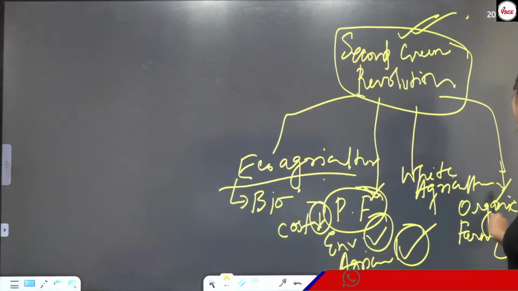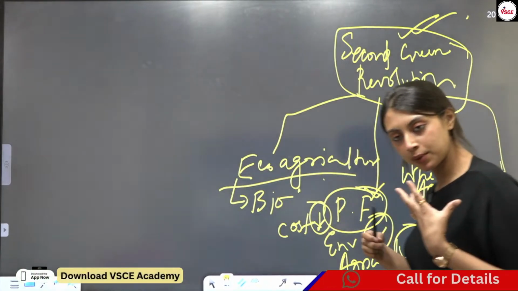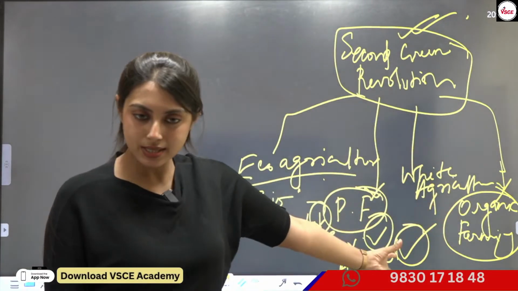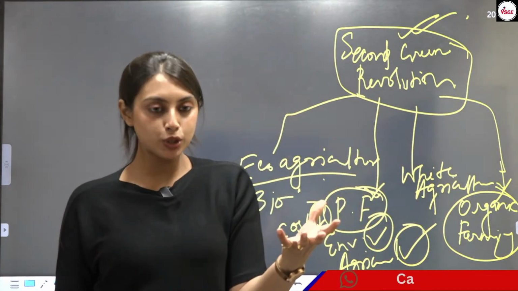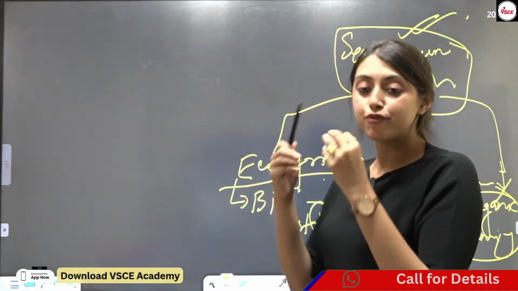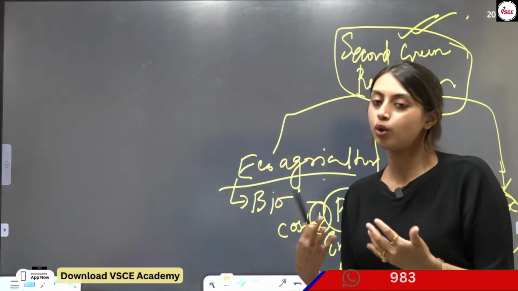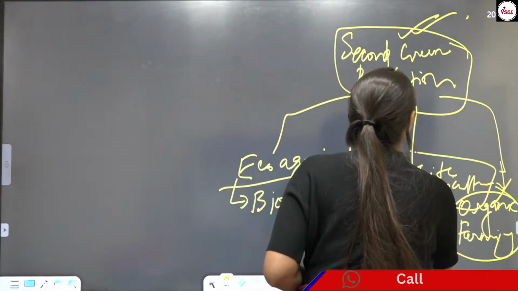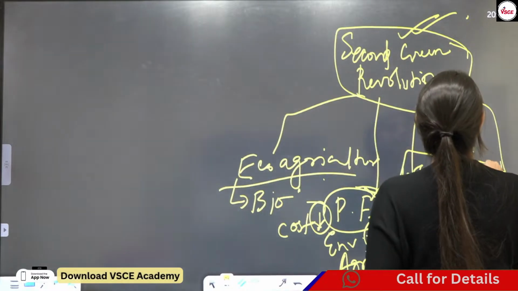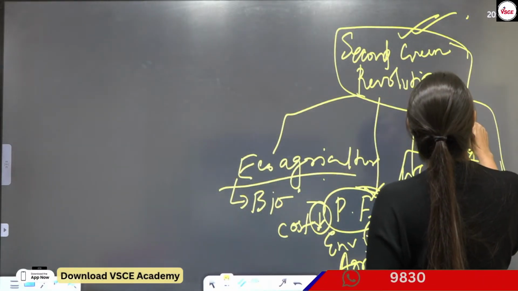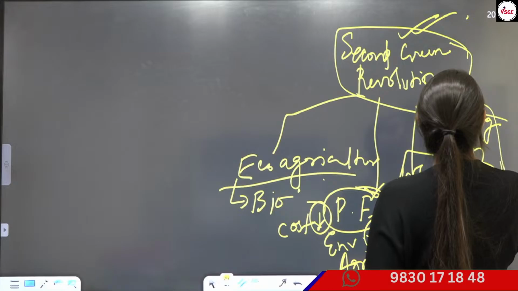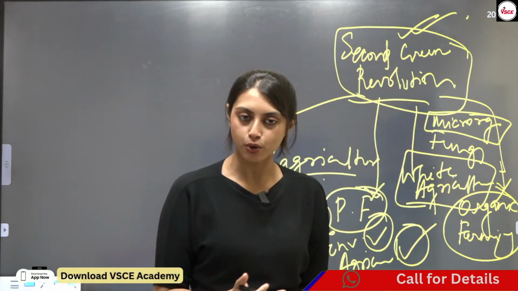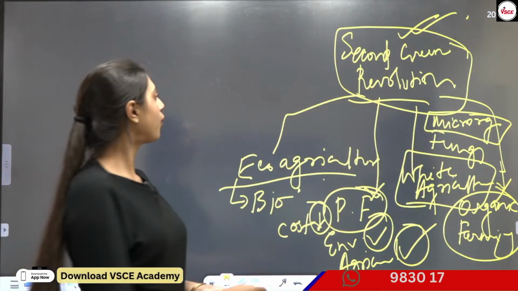Organic farming, we all know it. What is it? Organic farming means less use of manures, fertilizers, pesticides, using organic materials more so that the product is devoid of any kind of chemicals which can lead to harming you in the future, right? Great. And white agriculture is actually the use of fungi and other microorganisms, right? So this is actually trying to focus on the other cash crops and commercial crops. So that is it. Okay, great.